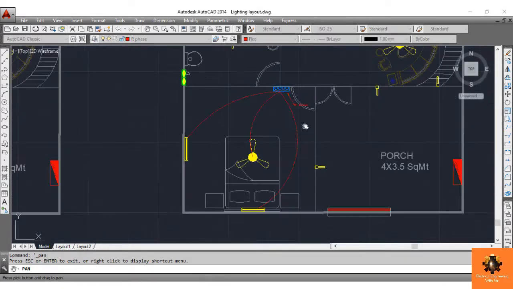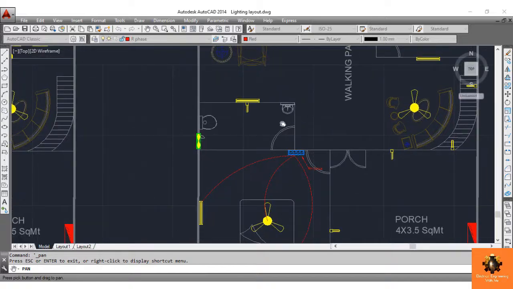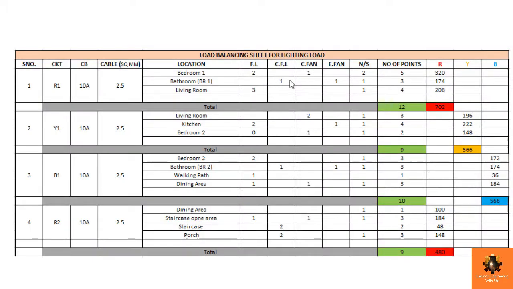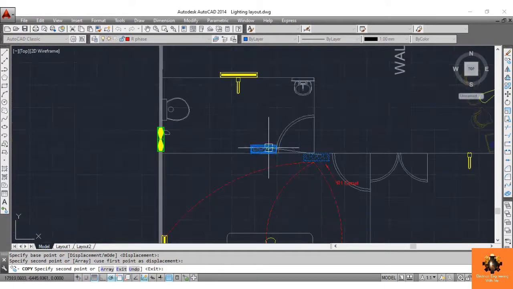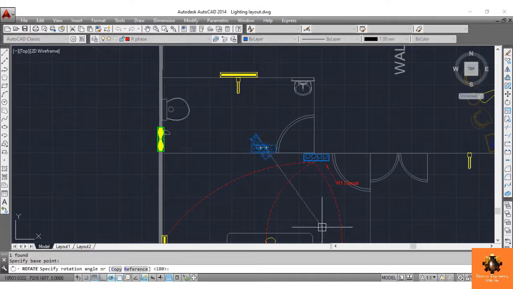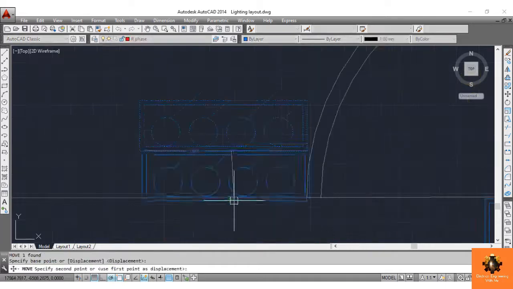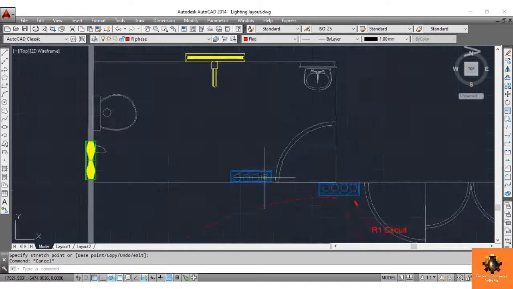Then again under the R1 circuit, next we have two points, CFL and exhaust fan. So in this bathroom, take the switchboard here and make the connections.